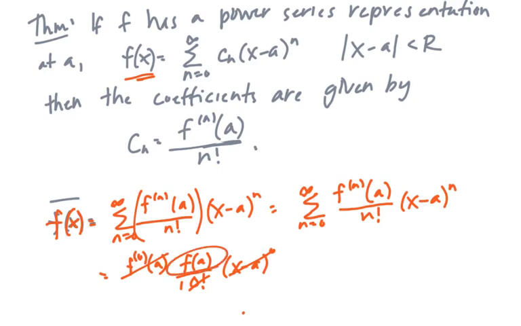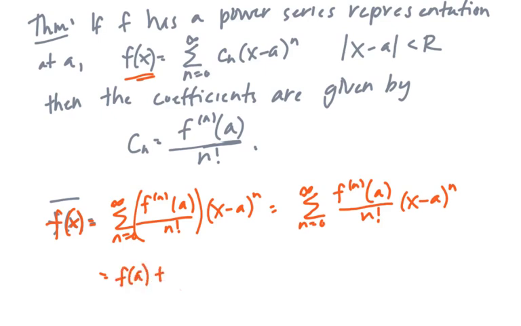So out of all of that, we just have f of a. So for the 0 term, let's just write f of a. So we have f of a plus, if we let n equal 1, we have the first derivative at a over 1 factorial, which is 1, so there's no need to write 1 factorial. Let's just write f prime of a